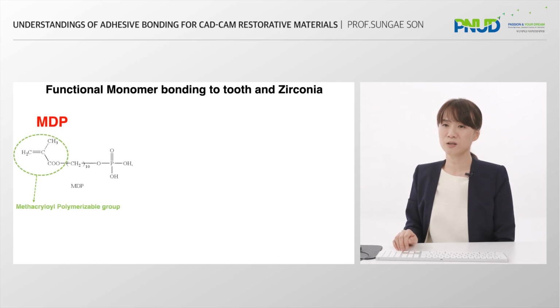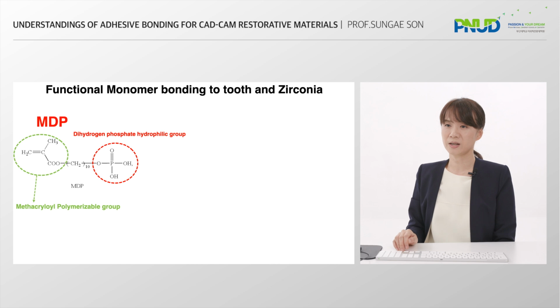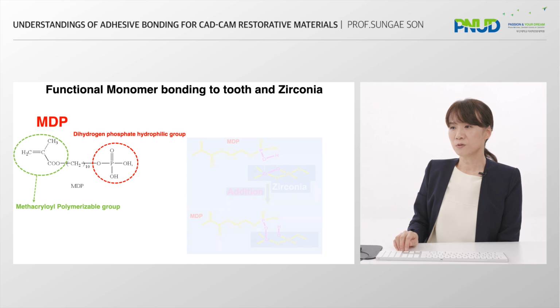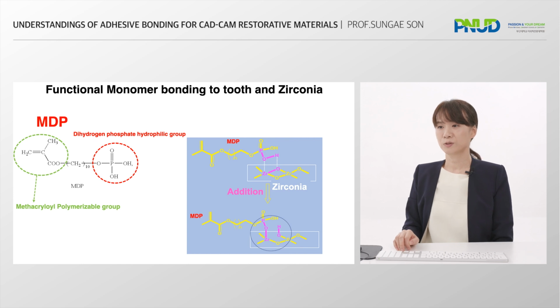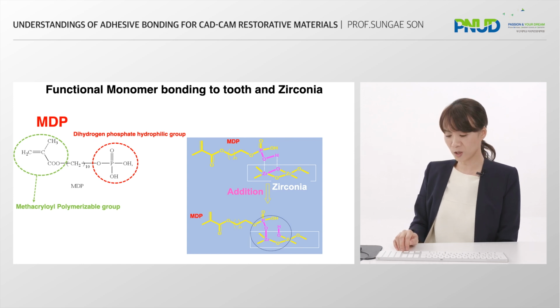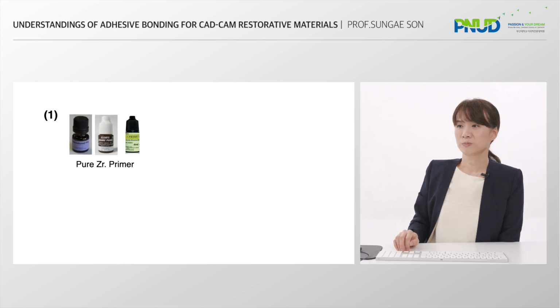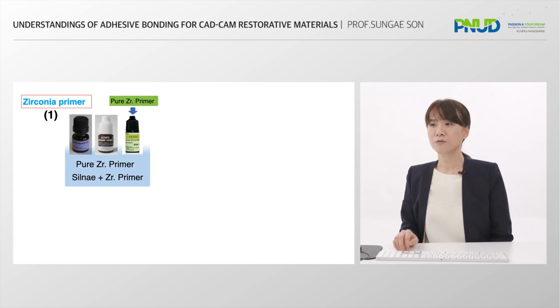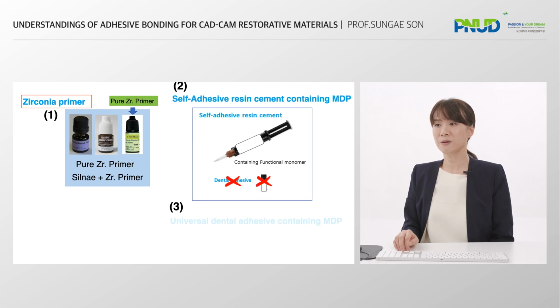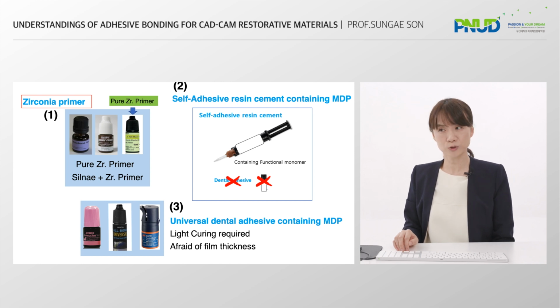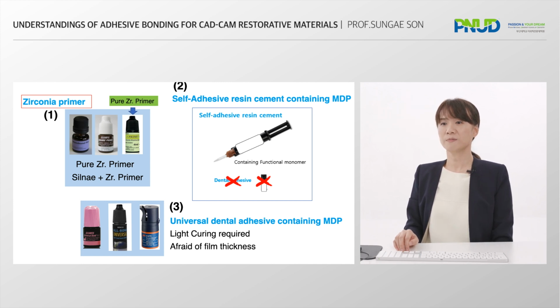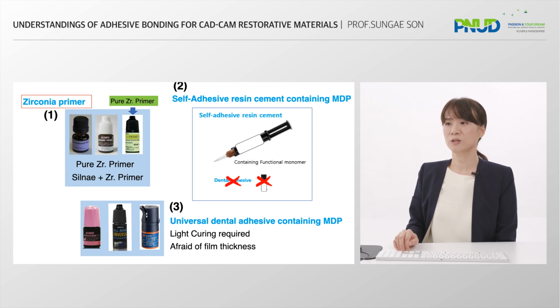MDP is a representative functional monomer within the phosphate hydrophilic group. It can react with the zirconia surface. The phosphate hydrophilic group of MDP forms a chemical bond through an additional reaction with the zirconia surface. Therefore, when MDP primer or a self-adhesive resin cement containing MDP is applied, the bond strength of the zirconia block can be improved. There are a variety of zirconia primers on the market, and universal dental adhesives also can be used